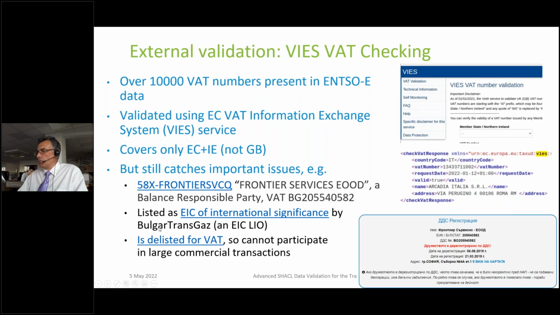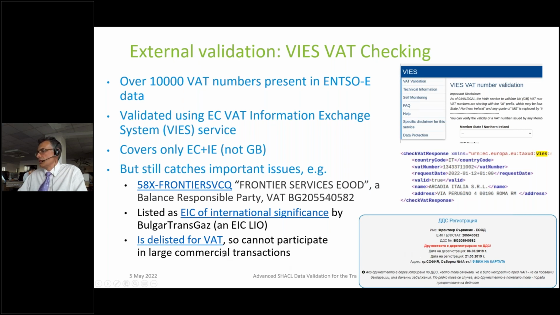And Bulgar Transgas, which is a local issuing office for EIC numbers within Bulgaria, says that it is an EIC of international significance, maybe because it is a balance responsible party, yet it is missing from VS. And if you search for that VAT number in Google, you find that somebody says, well, yeah, it has been delisted from VAT. And this happens either because it has unpaid taxes with the Bulgarian tax administration, or for some